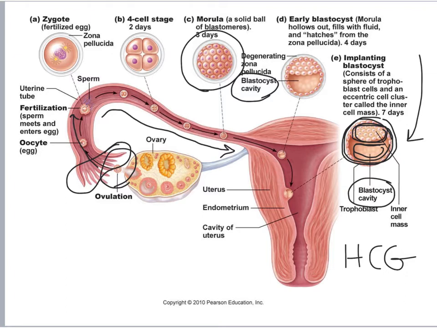Now, this HCG is usually detectable in a mother's blood around 2 days after implantation, which is when pregnancy tests are considered pretty accurate. Blood levels of HCG continue to rise until about the end of the second month, and then the blood levels decline sharply once the placenta is established, which we'll talk about later. But the placenta assumes the role of making progesterone and estrogen, so there's no need to keep that corpus luteum going. It's allowed to degenerate, and the ovaries still remain inactive until after birth because of all of the progesterone and estrogen being made by the placenta.